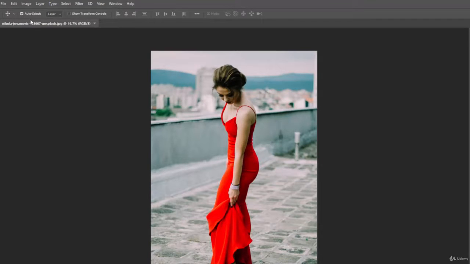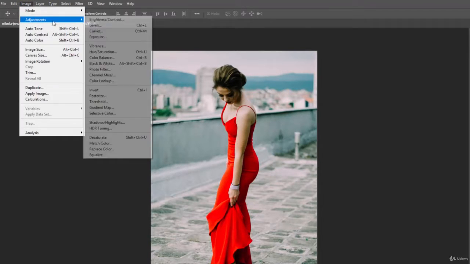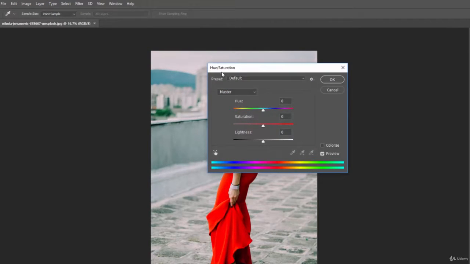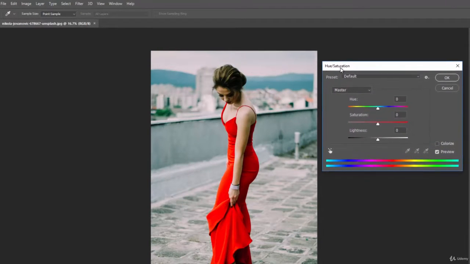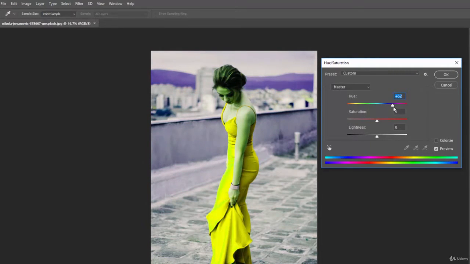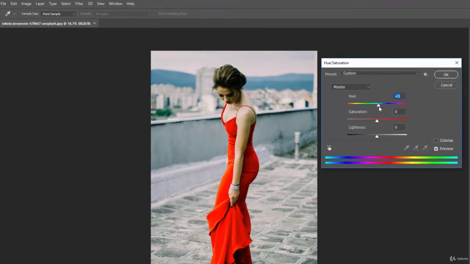I'm going to undo that. I'm going to go down to Image, I'm going to go to Adjustments, and this time let's change the hue and saturation. Now what this does is it allows us to change the actual hue tones of this image, and we also have saturation and lightness here too. So as I drag the slider, our midpoint is right here, and as I go one way or the other, it's actually changing the hues of each of the pixels. So you can see her dress changes a color, and then also the background changes